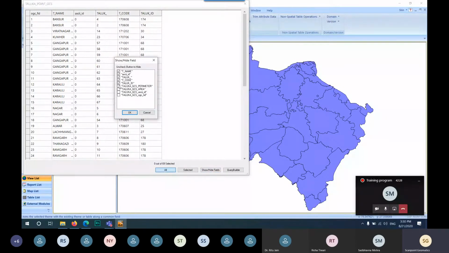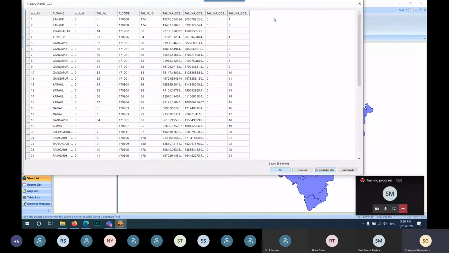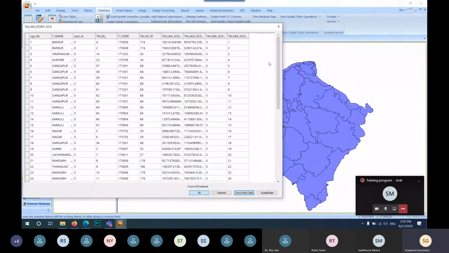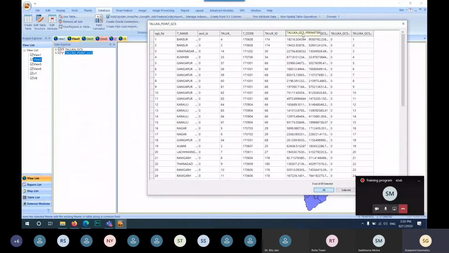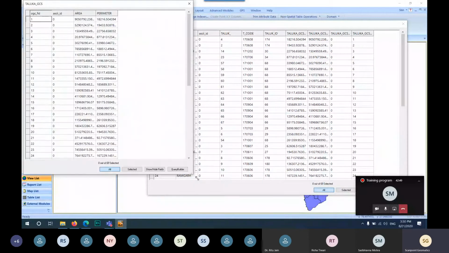Now go to the attribute table of this Taluk point GCS, from where we have joined the Taluk GCS, and go to show and hide fields and click on OK for all the fields, and you see all the parameters. All the attribute information of the Taluk GCS polygon theme is now joined with the Taluk point attribute table. You can also check it here.